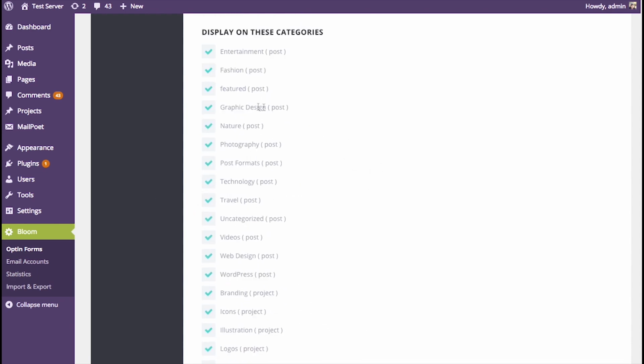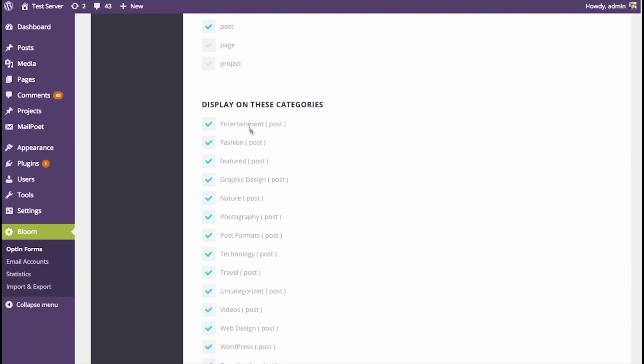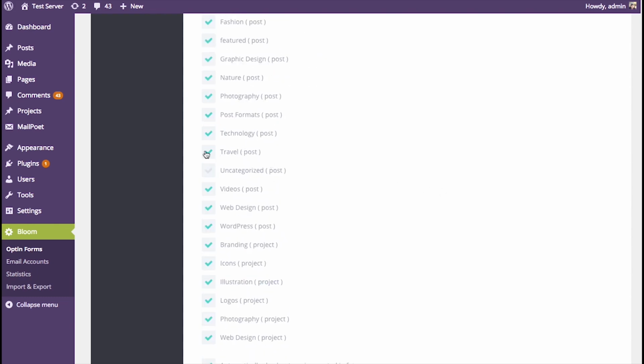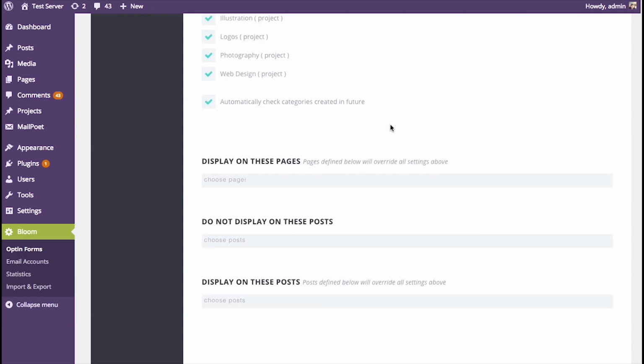And if you have posts selected, you can also choose which categories the fly-in box either appears or does not appear on. So I could deselect these if I didn't want them to appear there. And finally, we also have the individual page and post targeting options, where you can either exclude or include specific pages. So right now I have the fly-in box appearing on all my posts,